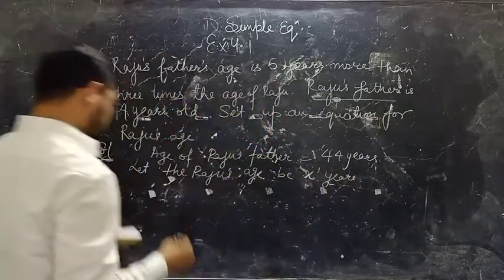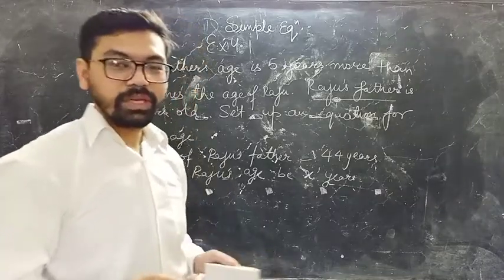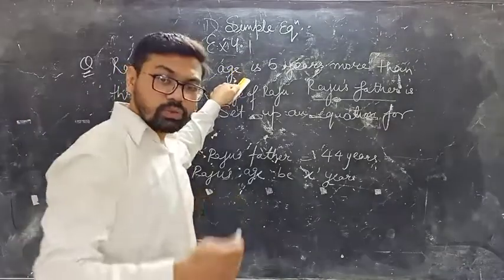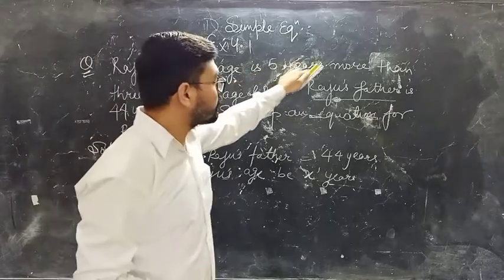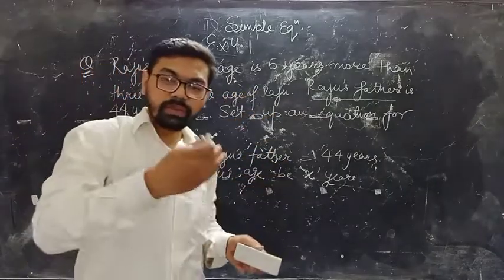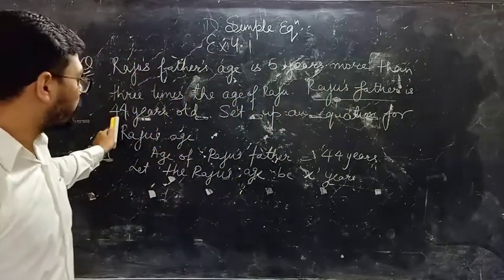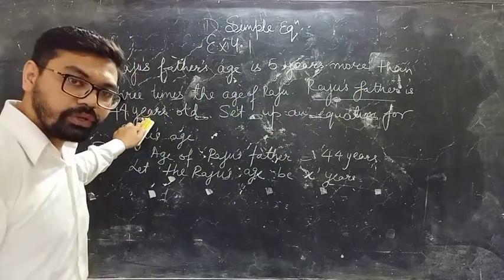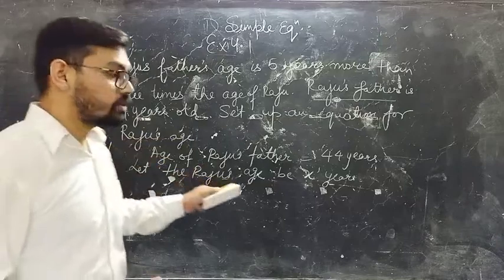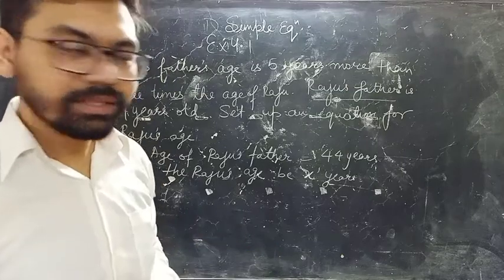Okay. बेटा क्वेश्चन ये कह रहा है आपको, I hope most of you are not getting what I am speaking in English. देखिए क्वेश्चन क्या कह रहा है बेटा, राजू's father's age, राजू के फादर की जो एज है is 5 years more, वो 5 साल ज्यादा है किससे, then the 3 times the age of राजू, राजू की प्रेजेंट एज के 3 गुना के 5 ज्यादा है। राजू के जो पिताजी हैं, वो 44 years old है। Set up an equation for Raju's age, तो आपको एक इक्वेशन फॉर्म करनी है। So this is the question. I think now it is clear to all what the question is asking.